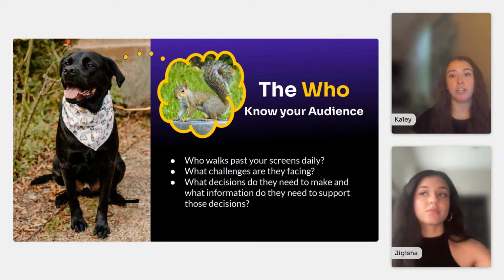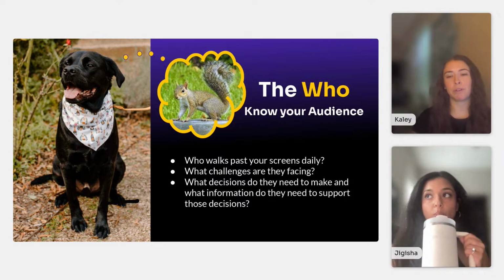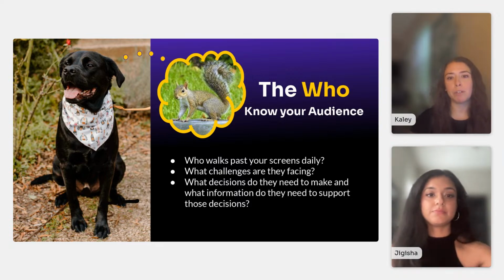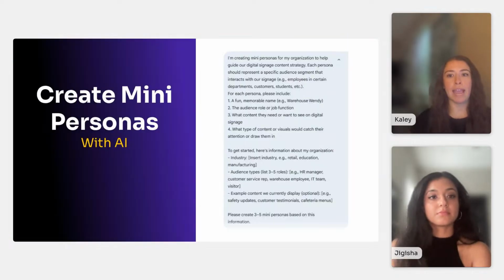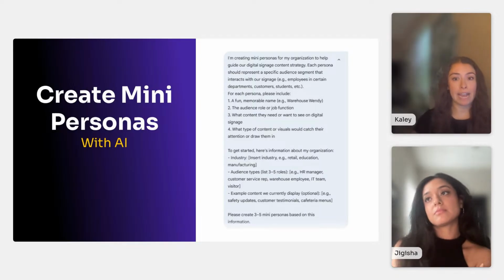One trick for segmenting your audience: create mini personas for each. Creating personas can provide a human face for abstract data and allow you to imagine those personas' daily routines, information needs, and the distractions they face. You can also use AI prompts to build these personas out even further. Here is an example prompt that can be fed into the AI generator of your choice to help expand on your own personas.